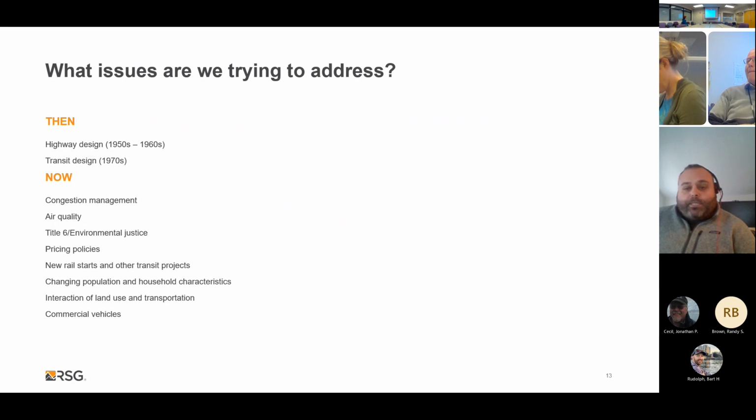I think that if you were to take slices of what the standard American household looked like in the 50s and compare them to now, it is quite different. And so with the changing population household characteristics, we get changing underlying travel behavior characteristics too. You can think of a newly married couple versus a retired couple and what their travel behavior changes are going to be. And those are going to be quite different.